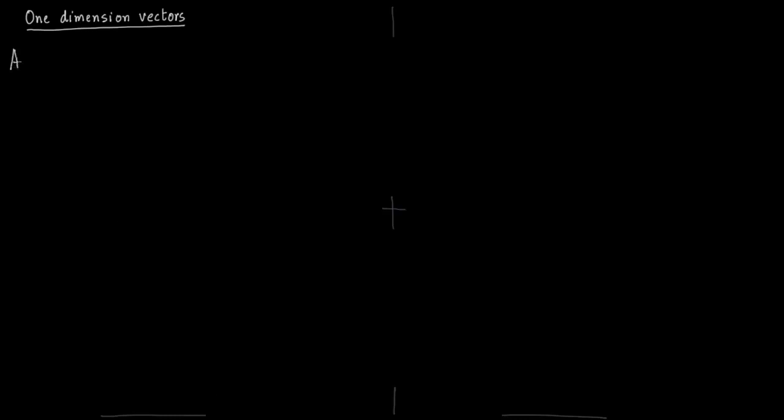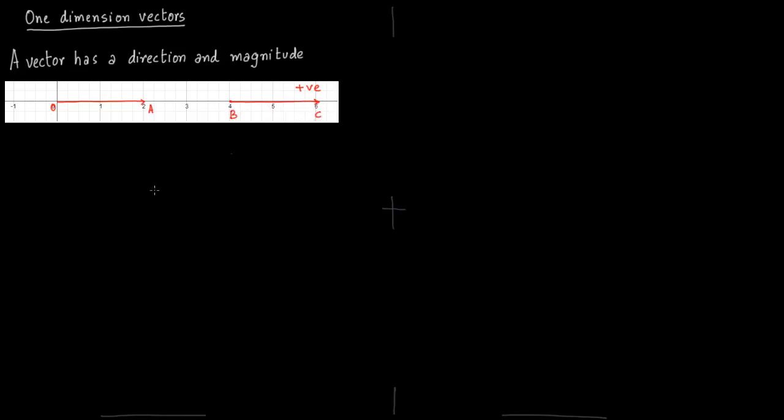So we now talk about one-dimension vectors. A vector has a direction and magnitude. So let us draw this. So the direction is given as a positive or a negative sign. So say you have OA vector going from origin O to point A. You can see the length is 2. So this is positive direction. So direction is sign, positive or negative, and magnitude is length.